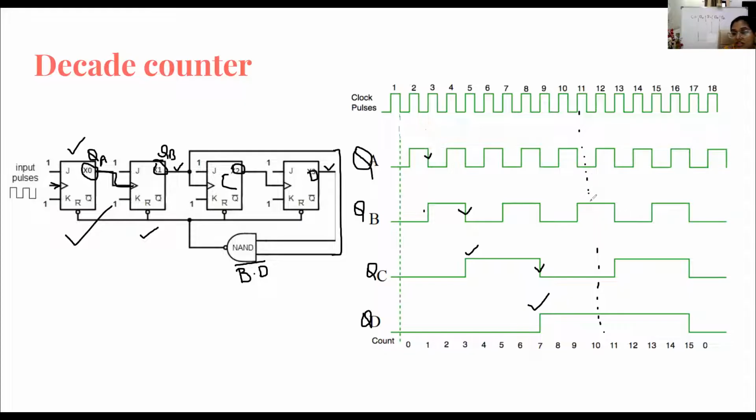Okay, if you can see in the 10th clock cycle, only QB is 1, A is 0, C is 0, and QD is 1. The bottom state means 0, right? So only these two are 1. Look at the NAND gate: 1.1 bar is going to be 0, and then it is going to reset. You can see that the NAND gate output is going to R, R meaning reset,